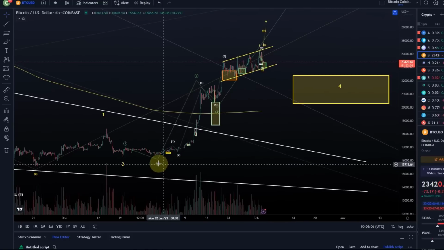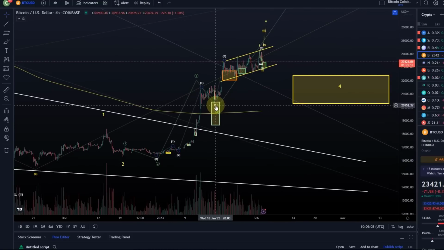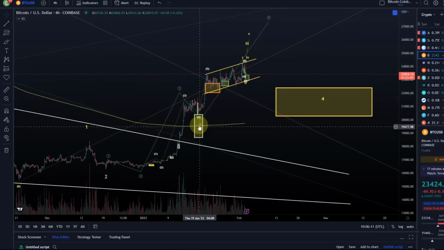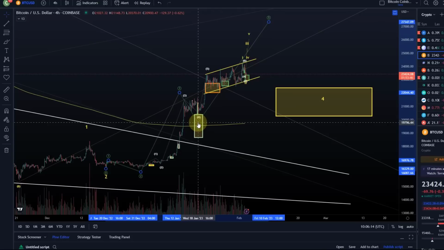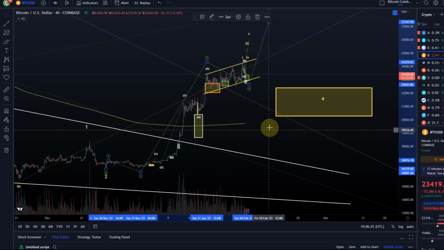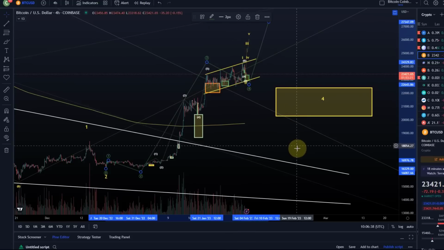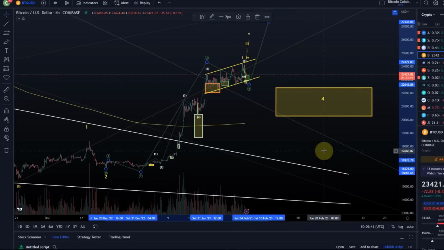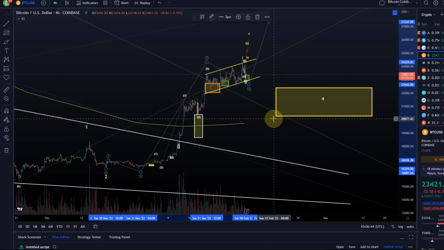I mentioned to you that it's my experience that tells me that it would be extremely unusual to have that green wave 4 here, because it was basically too shallow. Now again, this one was now very shallow as well, and that is why this is not an ideal count. And that's also why I mentioned to you in yesterday's video that I see the risk coming here. Because if we don't get a strong pullback anywhere and it's just carrying on and we get these running flats, it increases the risk that we're going to break down eventually, because Bitcoin cannot recover the indicators and so on. Of course, it's only